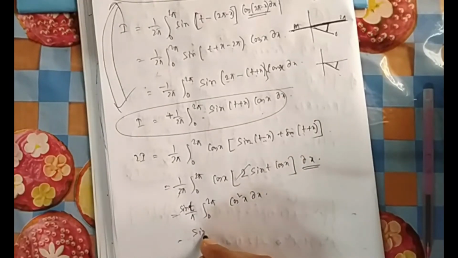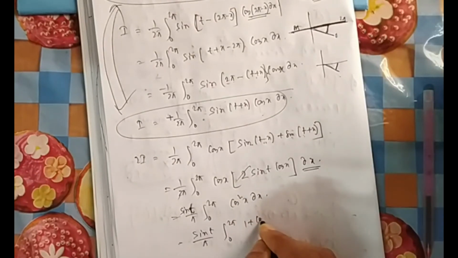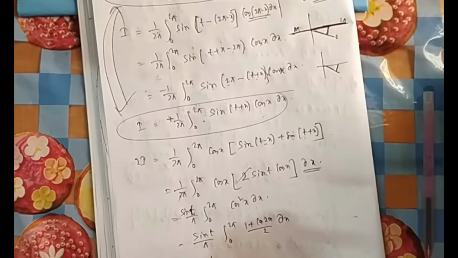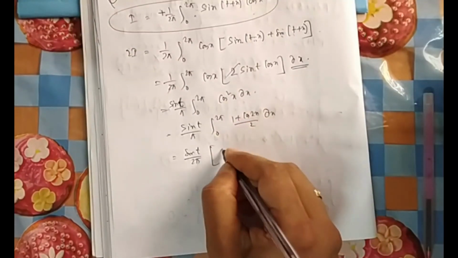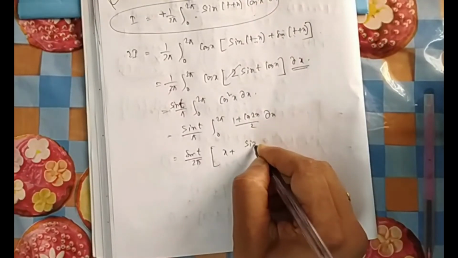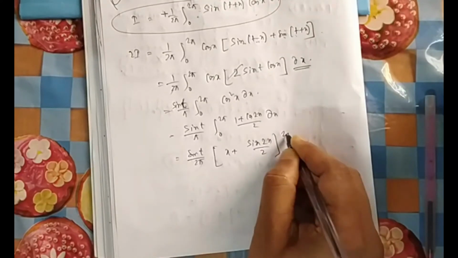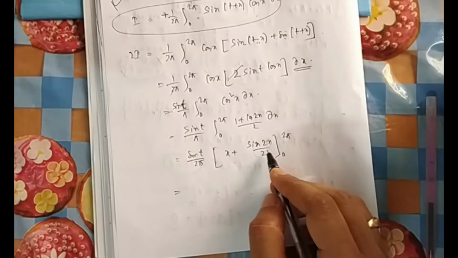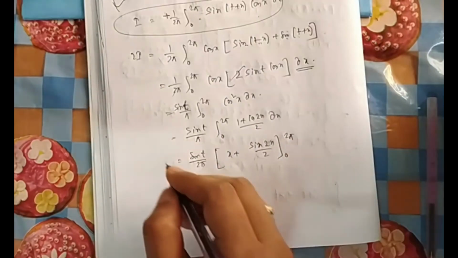So what is cos square x? Cos square x you can put as 1 plus cos 2x by 2. So it will be sin t by 2 pi, and if you do the integration, x is 1, cos 2x is sin 2x by 2, and then 0 to 2 pi. Now if you put 2 pi here, sin 2 pi is 0, sin 0 is also 0, so this part is gone. So if you put 2 pi here, and this is 2I,